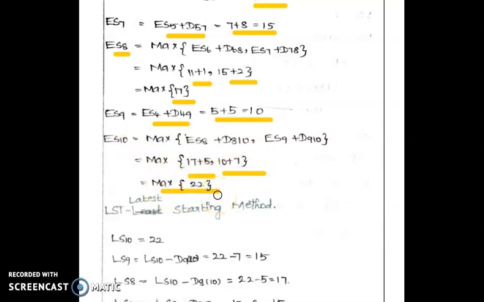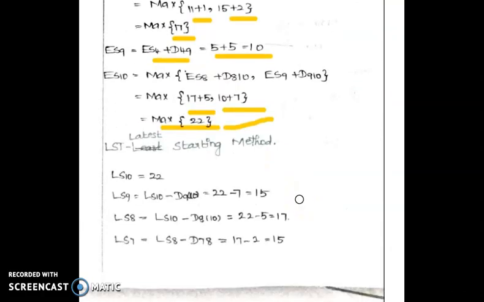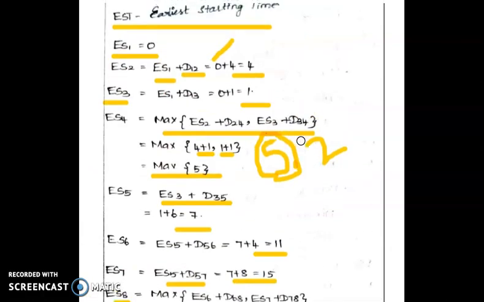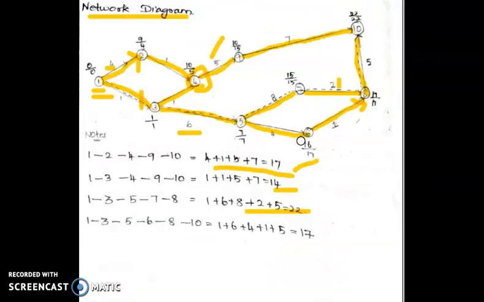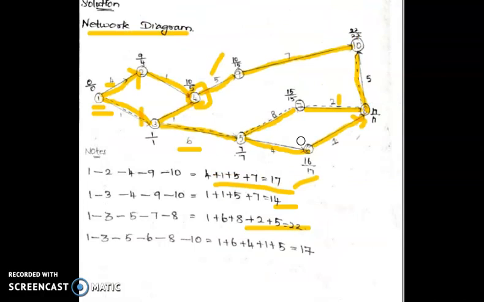This is called earliest starting time, project length, durations. This is the EST, value will be 22. Right now we have to find out the LST, latest starting time. So we find out the latest starting time, here LS10. EST we follow the forward method, and LST we follow the backward method. In operation research, there are two techniques. EST we can use the forward method, LST we are using a backward method.